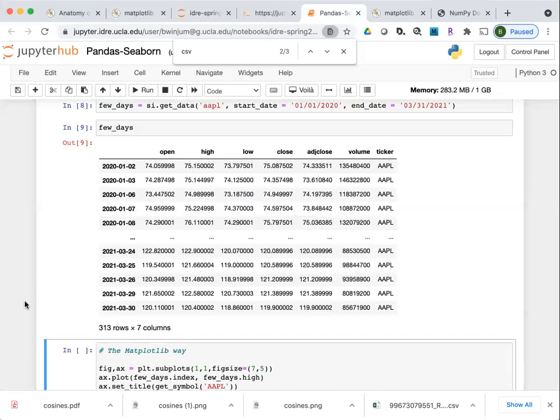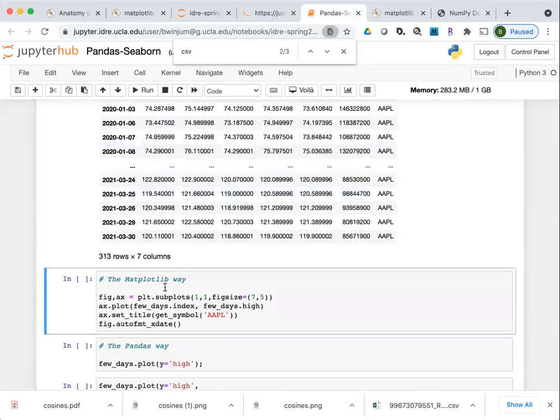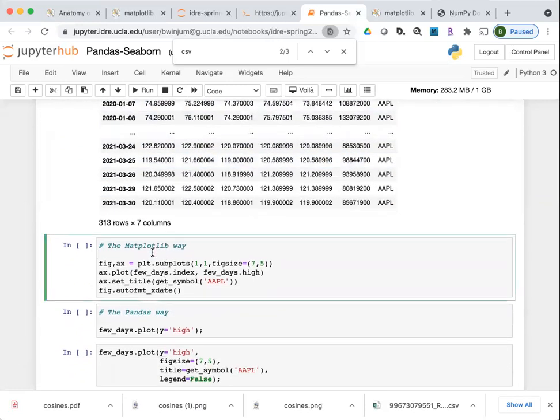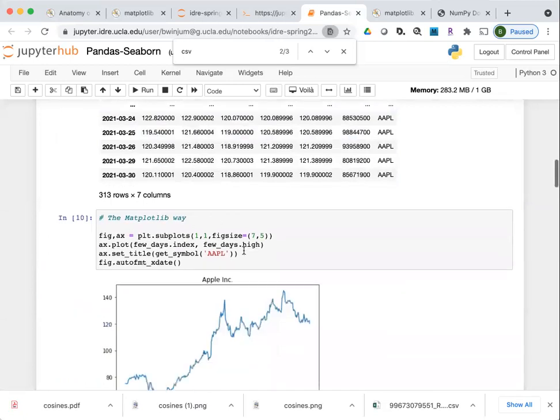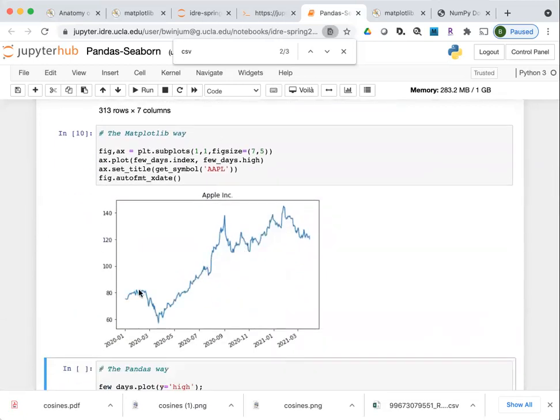If we wanted to use something like Matplotlib to plot the data inside this table, this might be the Matplotlib way to plot it. I'll execute the cell. This shows you the time series history of the high values for Apple stock over this particular date range.